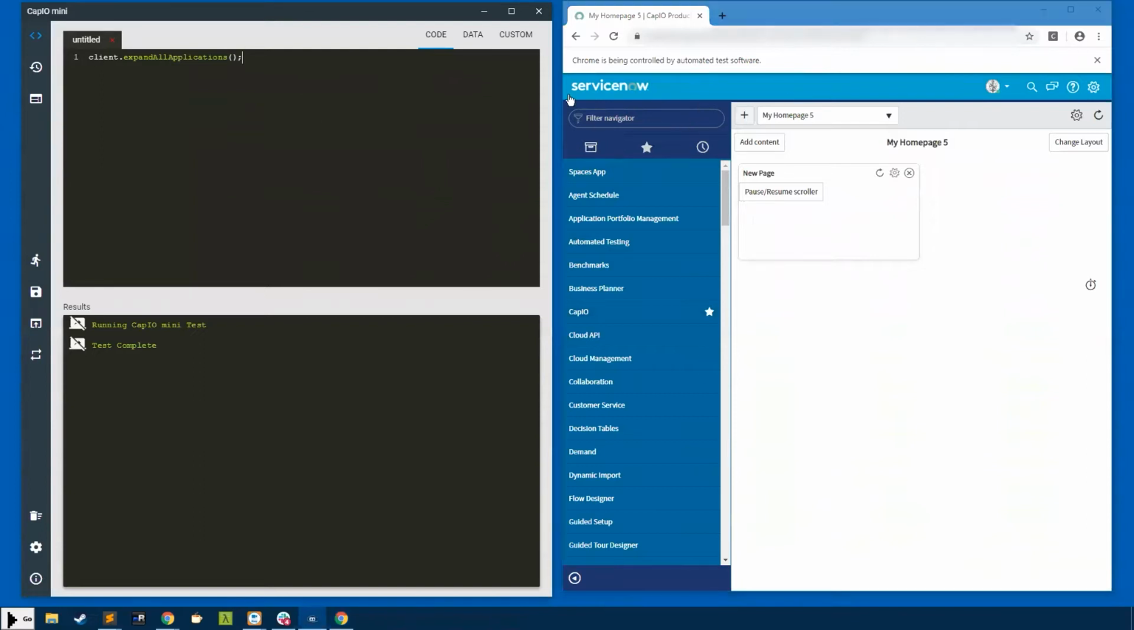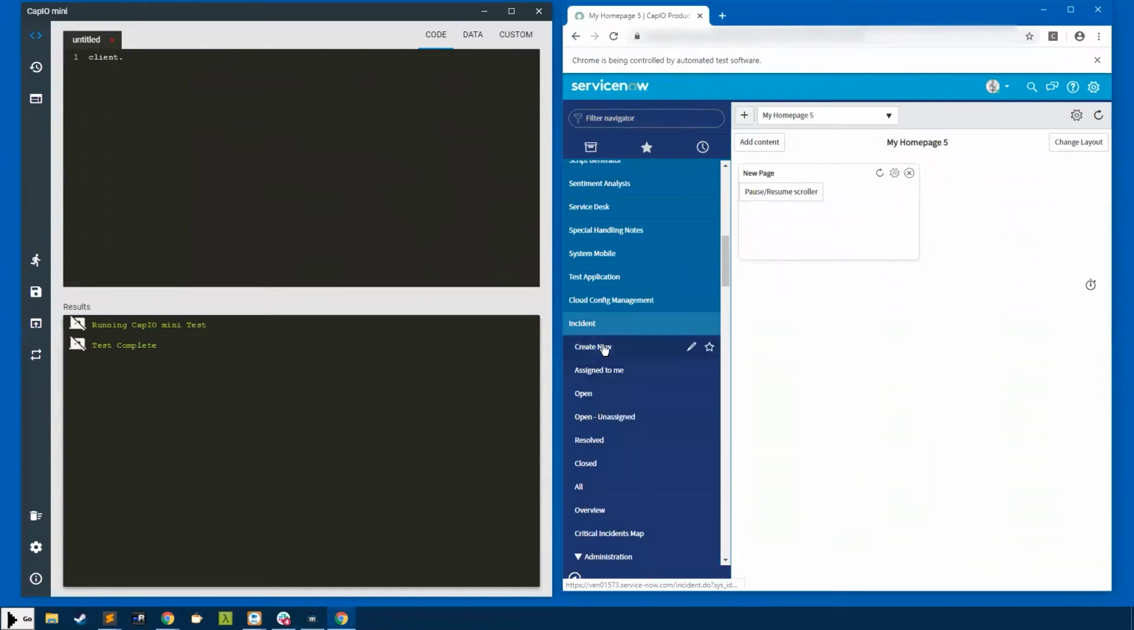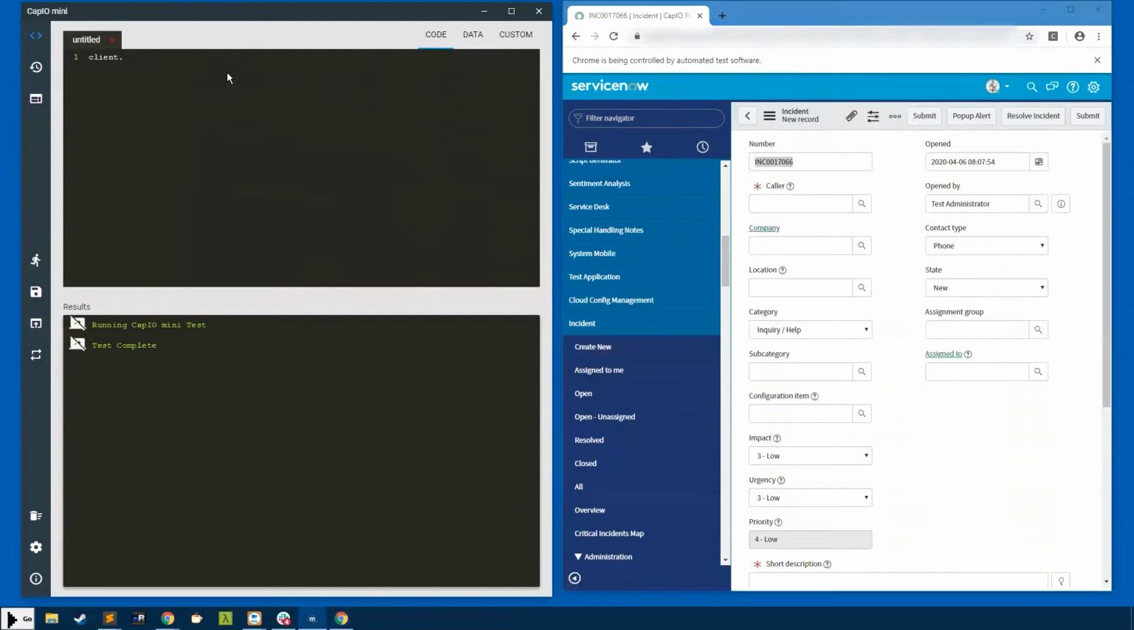So I'll come in here. Let's start with the navigation here and go through some of these commands. The easiest way is just to go to an application and select a module. So the first thing I would do, if I'm interested in getting to incident, is scroll down to incident, expand it, and then go to create new if I want to create an incident here. So the commands for that in Capio here are expand